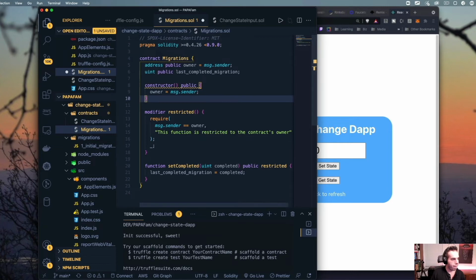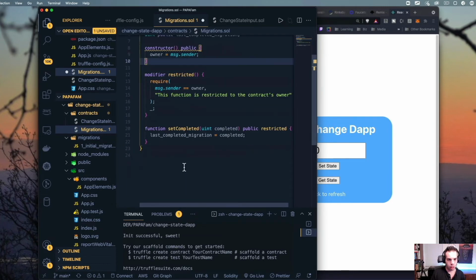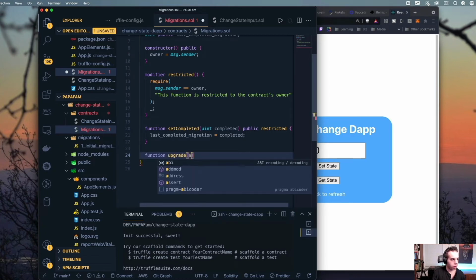So we have that. And then we're going to have a function that says function completed, uint256 completed, public restricted. And then last completed migration equals completed. We're then going to have another function called upgrade that's going to be public for new address, and it's restricted.